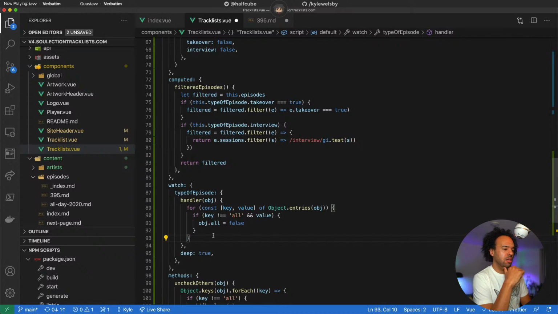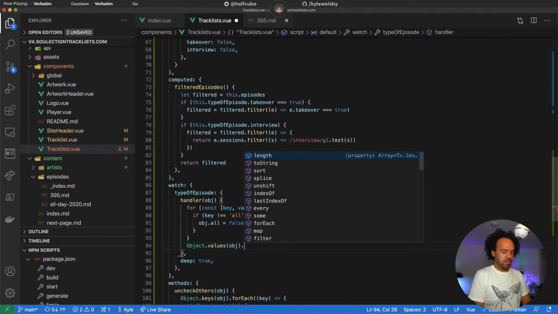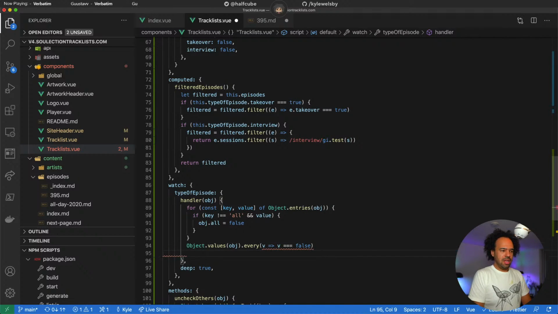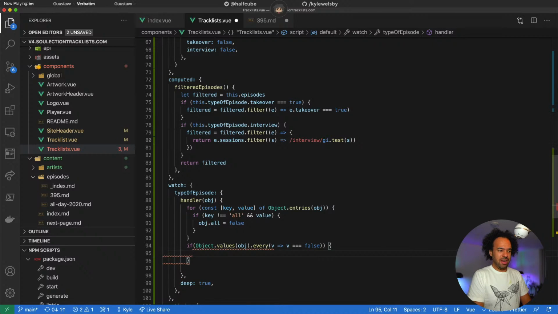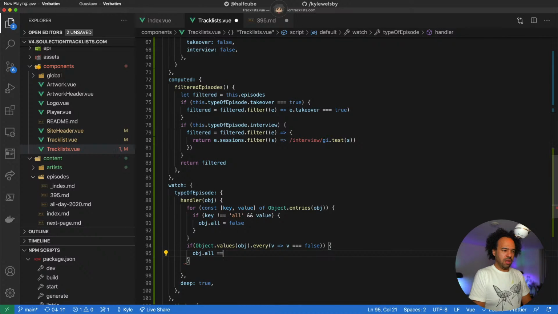Think of it, if we go Object.values of the object, and every one of them, the value equals false, and we put that in an if, then object.all equals true.